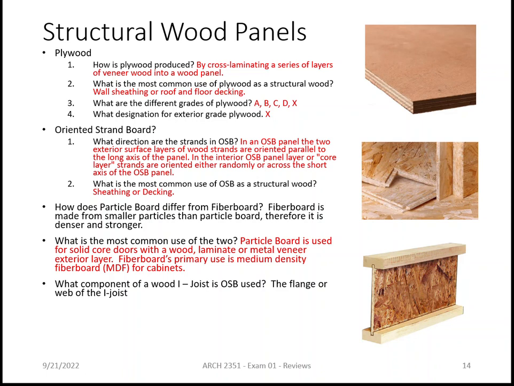This is a composite wood I-joist, right? And there's two components to it. One is the web and the other is the flange. Those two pieces right there are the flange, and this is the web. Okay. The most common material used in that web is OSB. Okay. The flanges are usually an LVL or PSL, parallel strand lumber, or